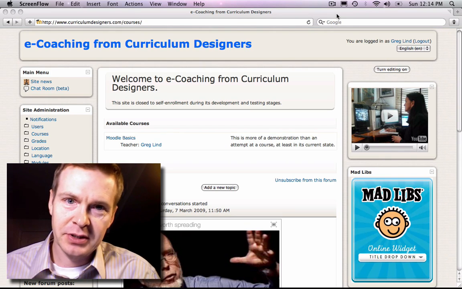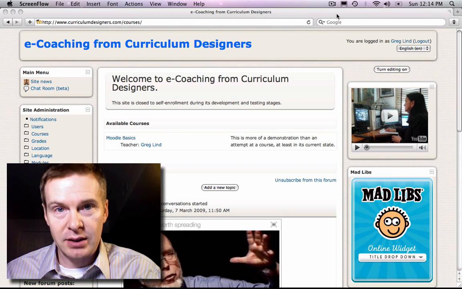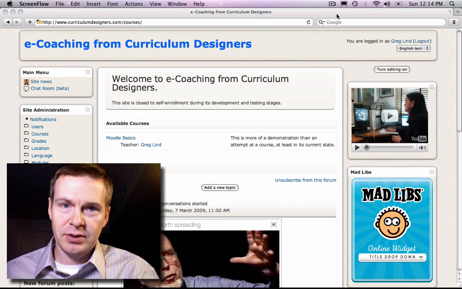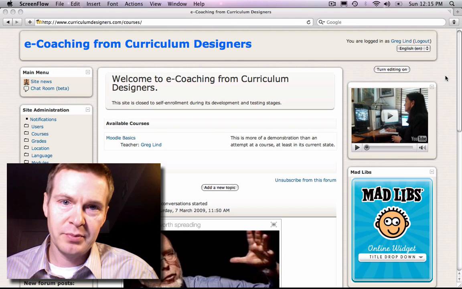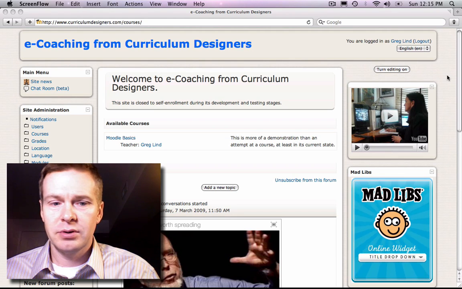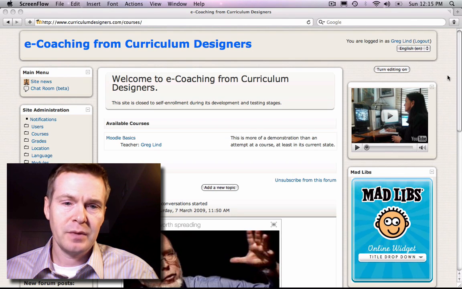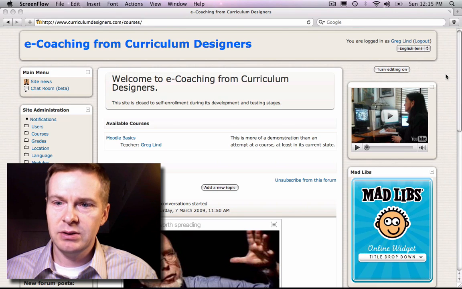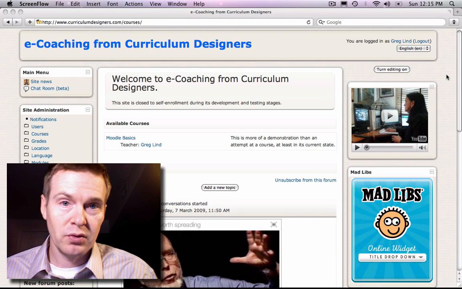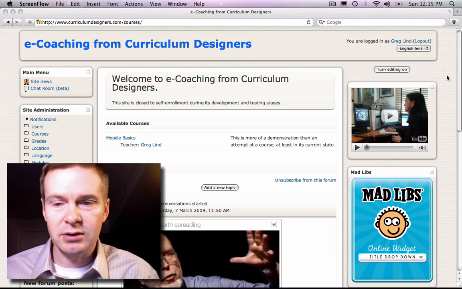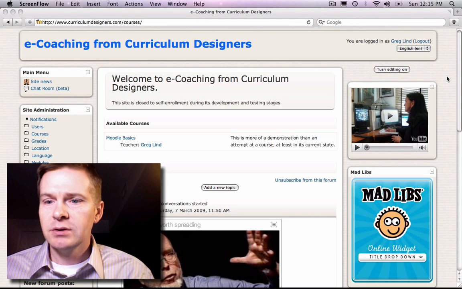Hi, in this video I'm going to show you how to use blocks. Blocks are the squares that contain information on all of the pages. So right now we're logged into the administrative main page, but you'll see these kinds of things in your own courses if you're a teacher and you're designing the course. So first of all,